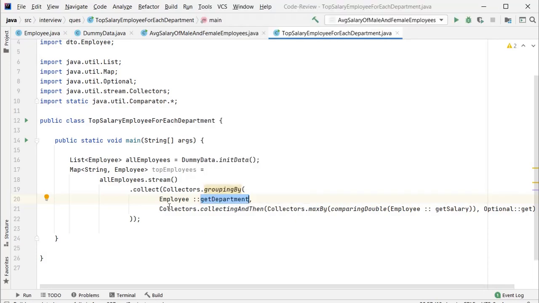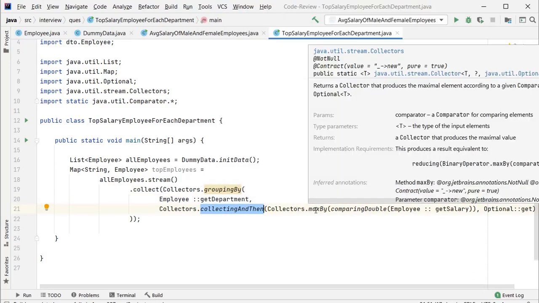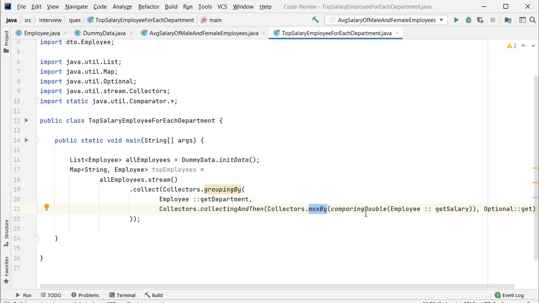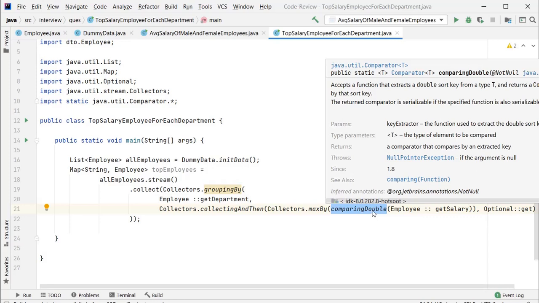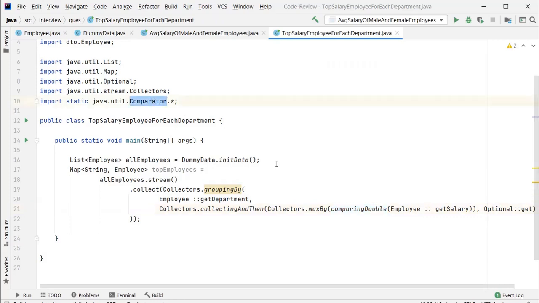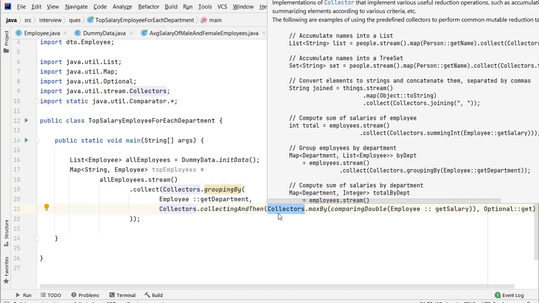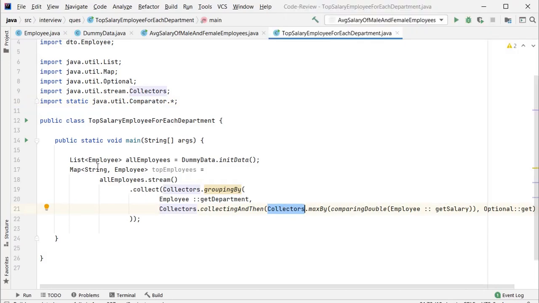So we will get the department name, and I perform the collecting, and then inside that I use maxBy. In maxBy I use comparingDouble, which is a method from the Comparator. You can see I use a static import, and for example if you want to use Collectors in multiple places, in the same way you can also provide the static import for Collectors and others.